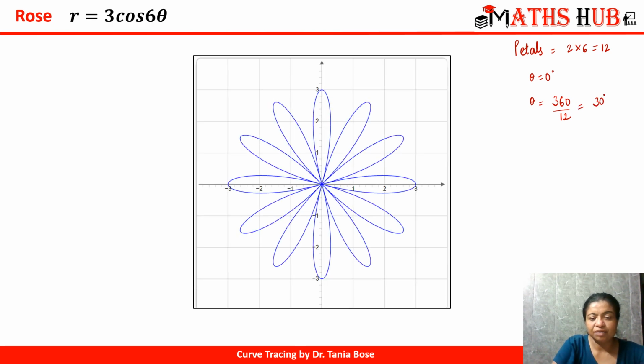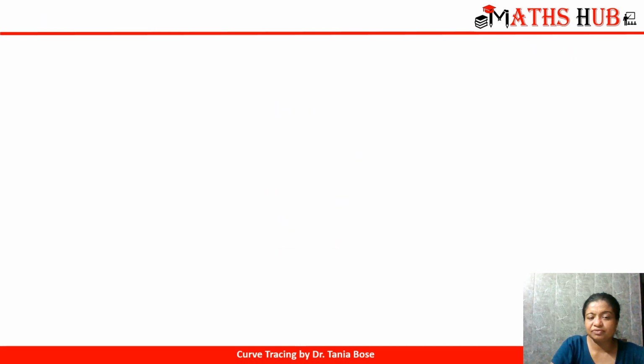So you can check it out. You can see that the shape is becoming more sleek. They are 12 in number. The first one is at θ = 0, and the next leaves will occur at θ = 30 degrees. Okay. So with this, we move on to the next rose, that is r =